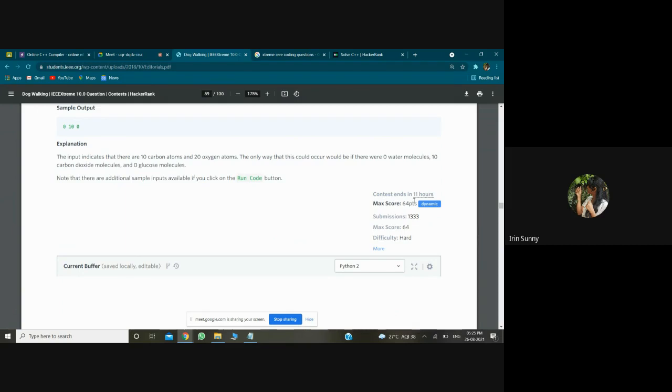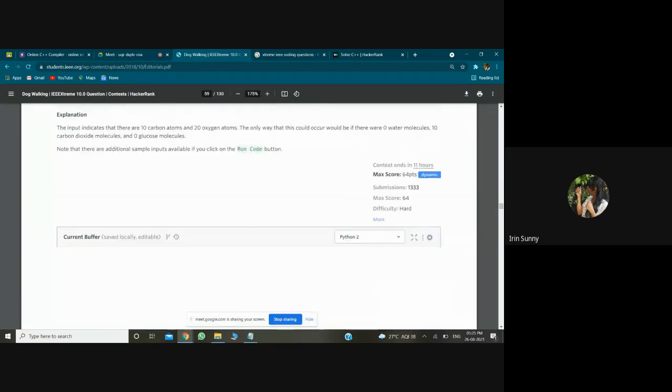After you write the program, you can run the code. When you run the code, there will be one test case for your program to be tested. If that test case is correct, you can submit the code. After submitting, there will be another 10 test cases which we can't see. We won't know what the numbers in those test cases are. Your answer will be tested against those test cases. If your answer works perfectly on all 10, you get the complete score. If some test cases fail, you only get points for the test cases where your answer works correctly.